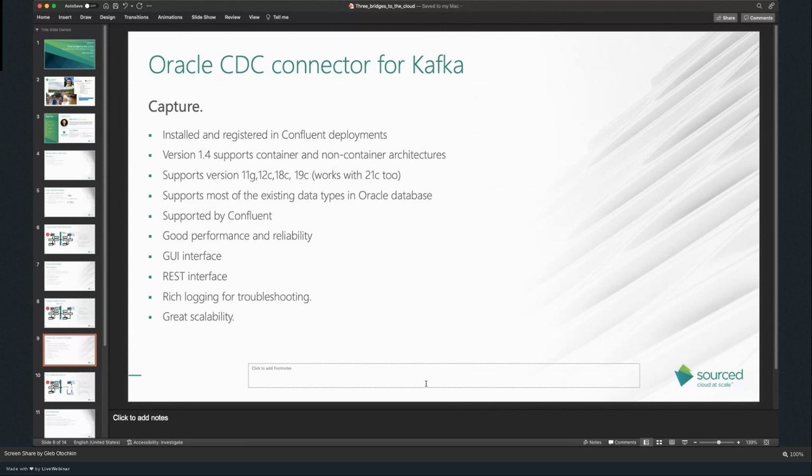It supports most of the existing data types with some limitations related to LogMiner and how it works. All detailed limitations you, of course, can read on the Confluent site. It is supported by Confluent itself, it is not open source community support. It is an enterprise connector. From my tests and from my experience working with it, it has good performance and reliability.